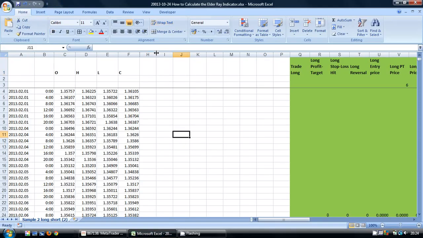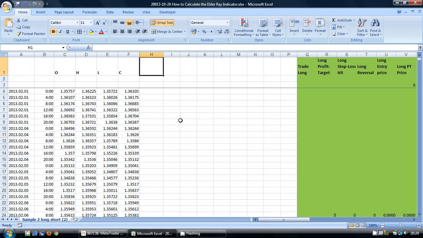So we're going to calculate this indicator using Microsoft Excel. In fact, it is quite a straightforward indicator. We're going to use first of all an exponential moving average, which I have calculated a number of times on different videos. I'm going to go through it quickly again. To calculate an exponential moving average, we need to first of all calculate a factor, and the sum for that factor is 2 divided by the number of periods plus 1. I'm going to make this a 13 period EMA, and